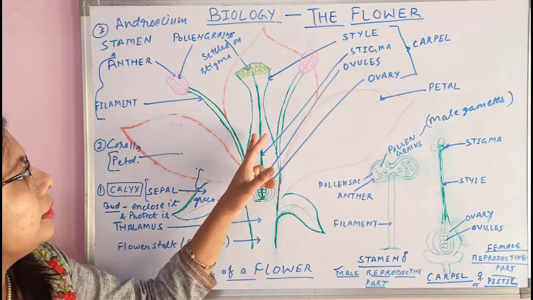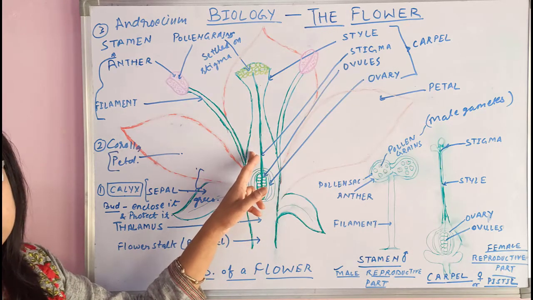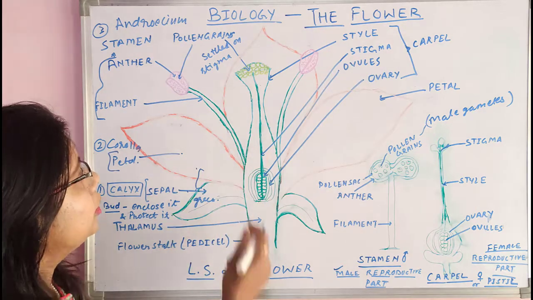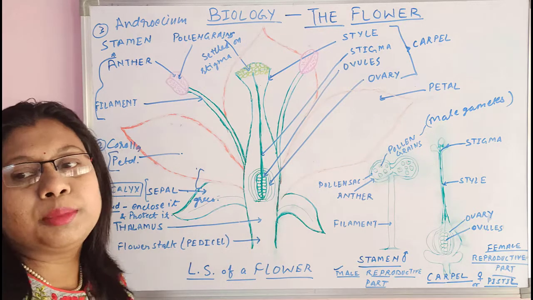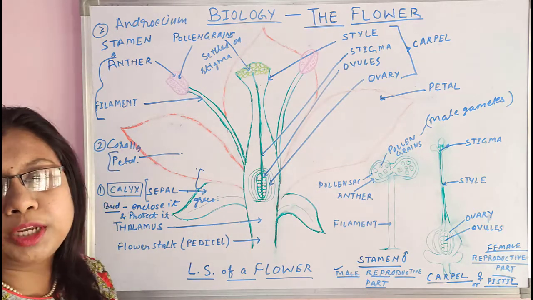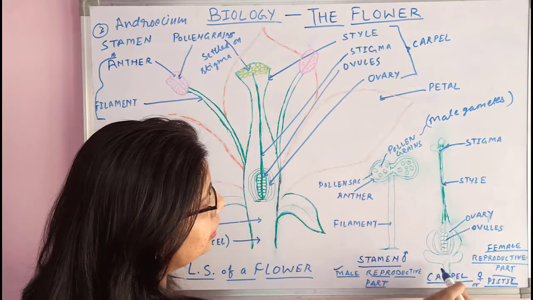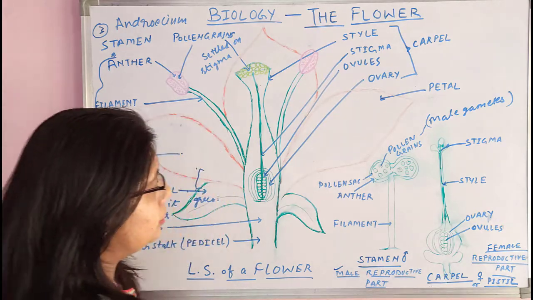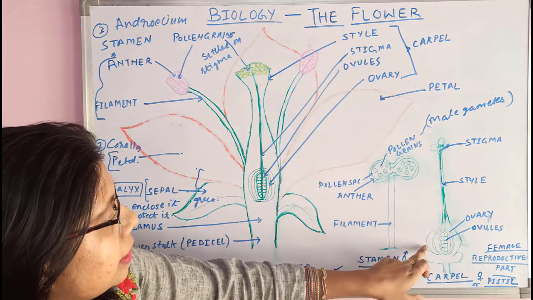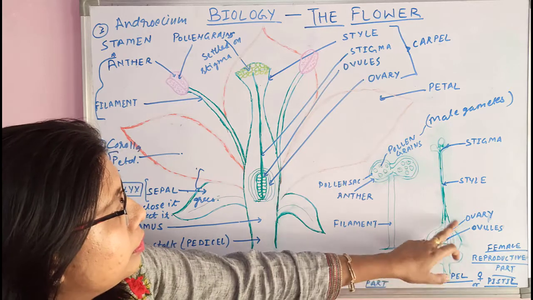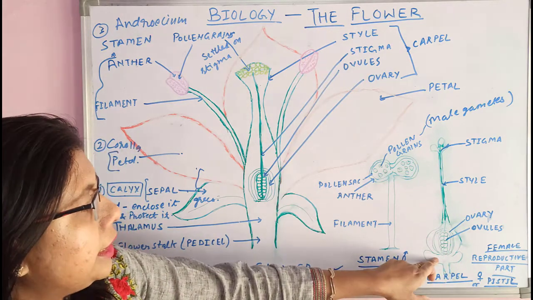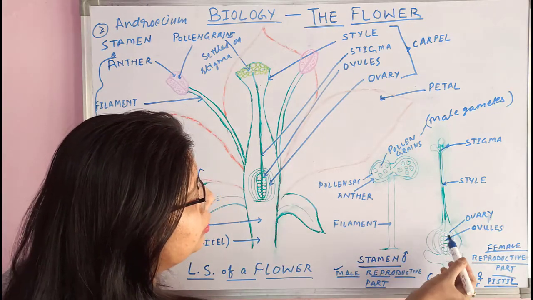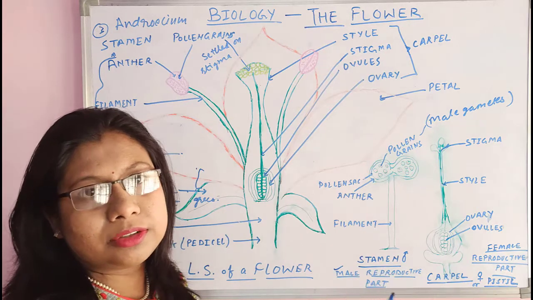Now after that, the innermost layer, the fourth and innermost whorl of the flower, is made up of the carpel, also called the pistil. The pistil is further made up of 3 parts. See, here a detailed structure of the carpel or pistil, the female reproductive part, is given. The first one, a fused, very swollen area, is called the ovary. The ovary has ovules in it, arranged in different shapes. In different flowers, they are arranged in different forms.